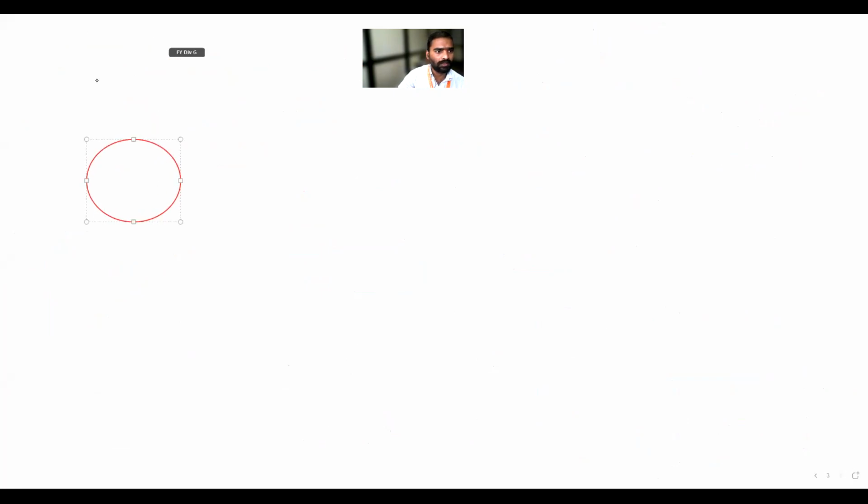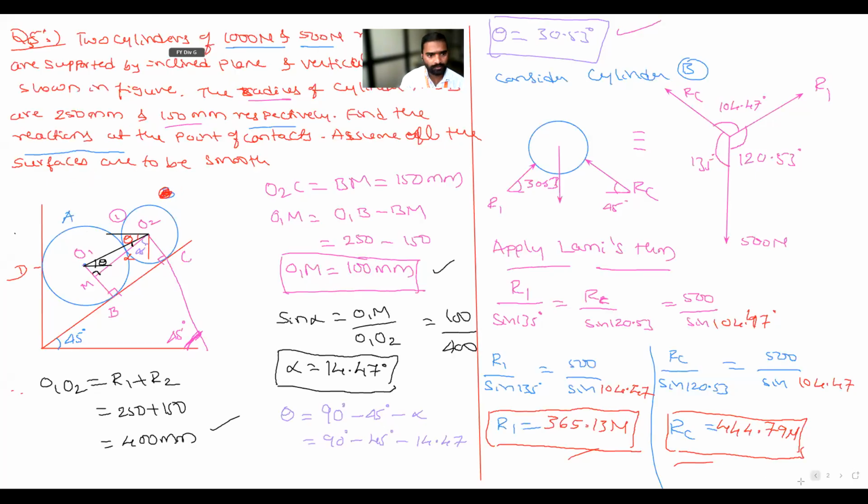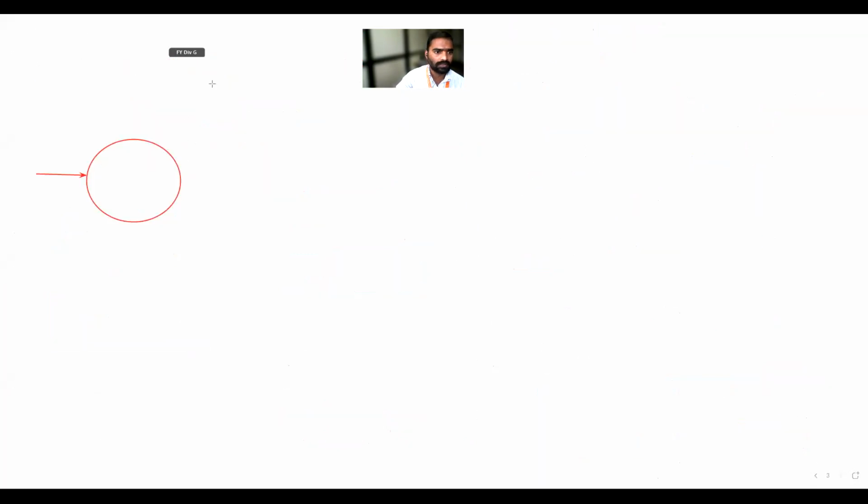Okay, what are the forces? So this is one force. Next, there is R1 again. There is RB. R1 is acting like this. Then weight is acting in the downward direction. So I will just write it. This is R1. This is RD. This is RB. This is weight. Weight is how much? 1000 Newton.